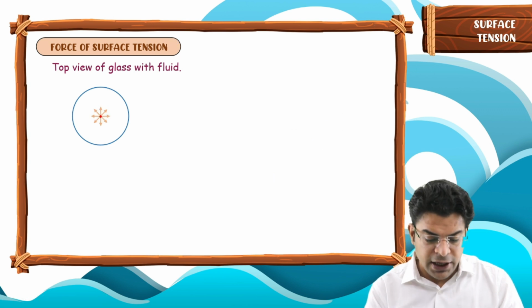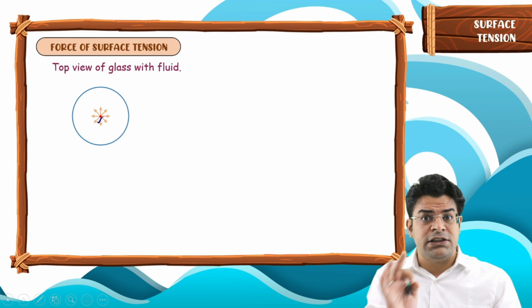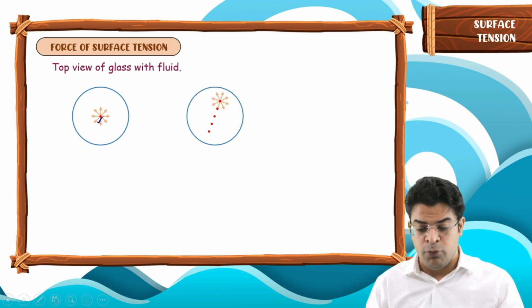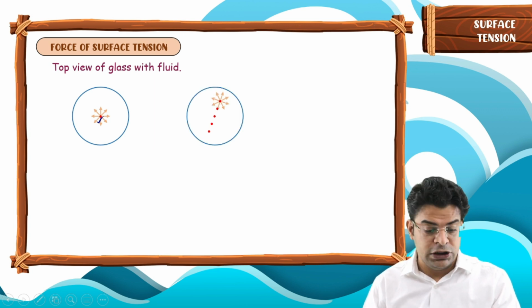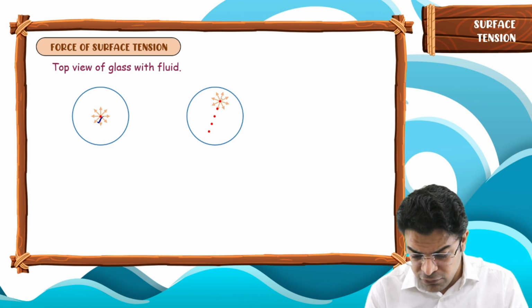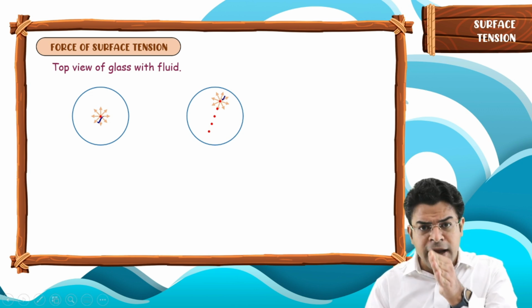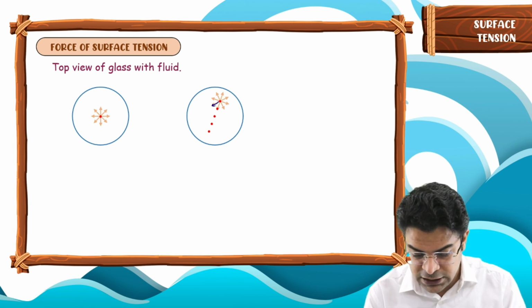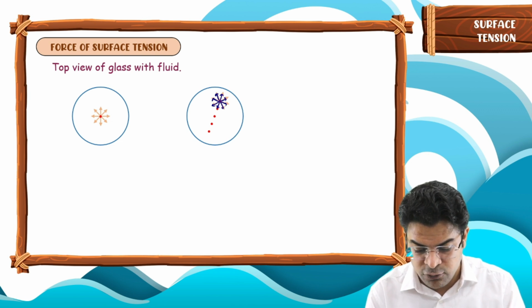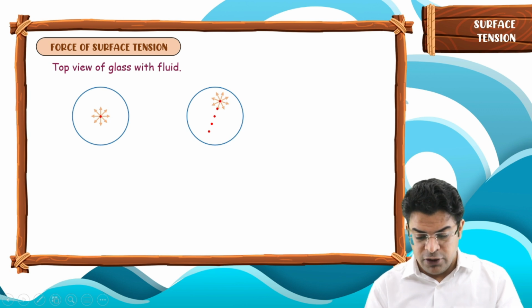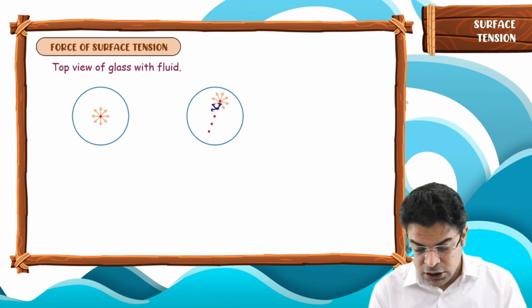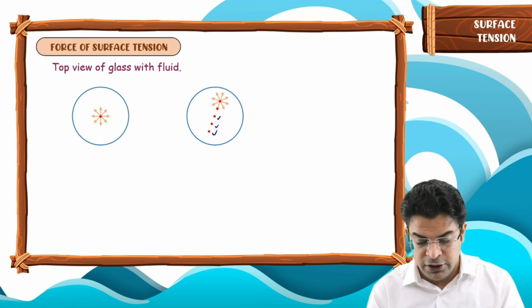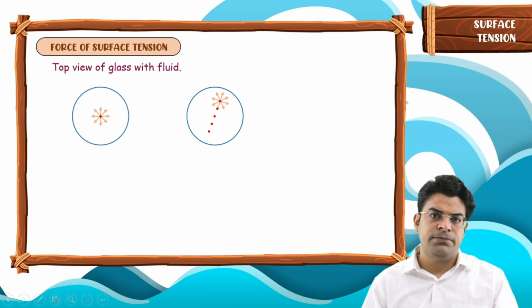Now, rather than looking at a single molecule present on the surface, if we look at a line of molecules, now I want you to be cautious here. When we think of the forces on a line of molecules, then on each molecule there will be forces from all the other molecules in all directions. So the net force will be zero. Same will be the story of the second molecule. Same will be the story of the third molecule. Same will be the story of fourth, fifth, sixth molecule, and so on this line.